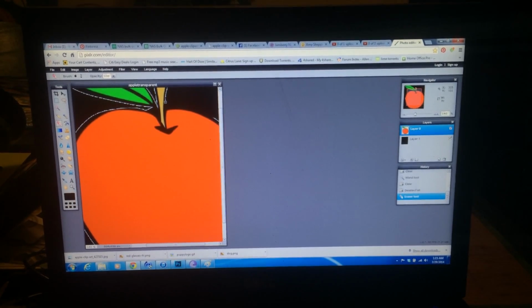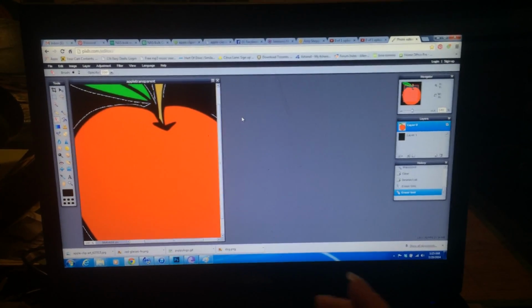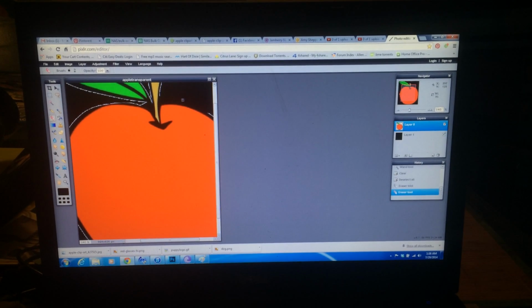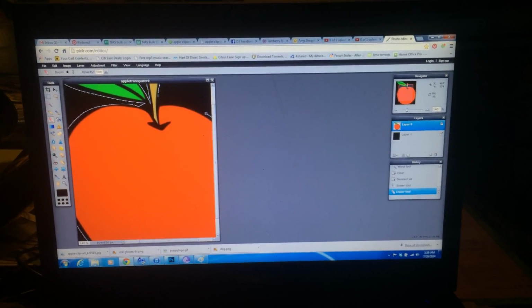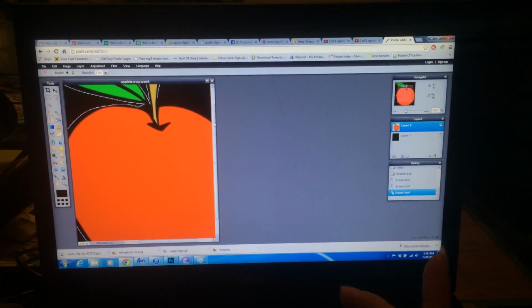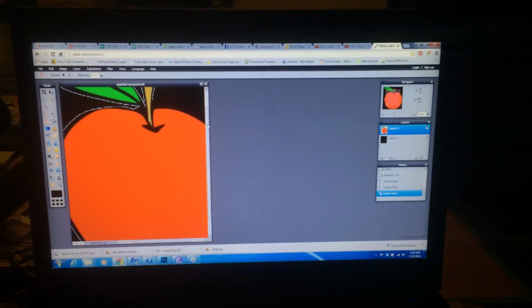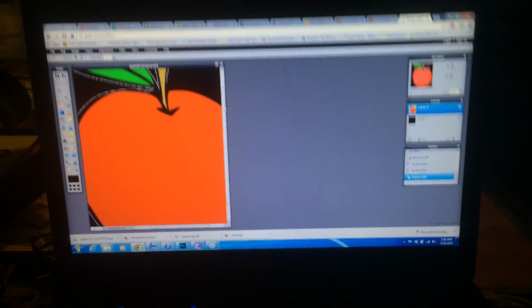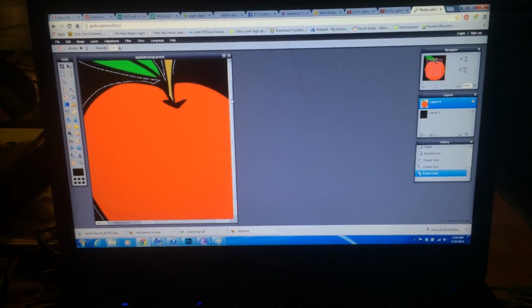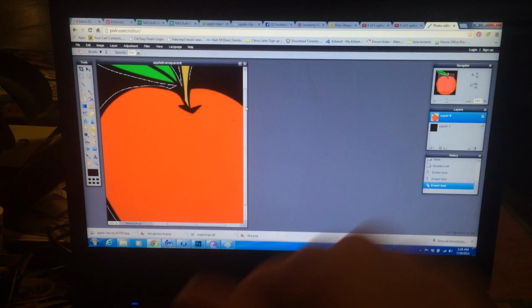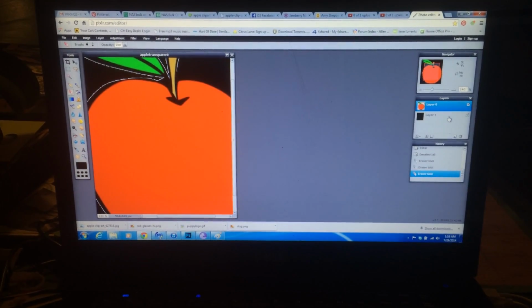That's going to be time consuming and take forever. That's why I really like Photoshop better. But if this is what you have to work with, because that's what you got, there you go. You can get it out. So yeah, there you go. So that's how to take out the background in an image, and then you can add a new layer in. I can also delete that layer,